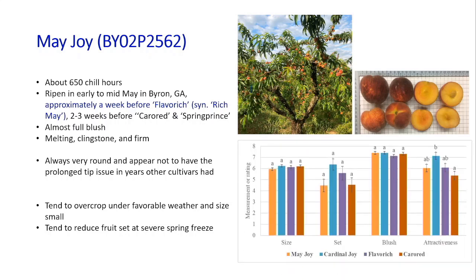Okay, let's compare all the 4 early cultivars: the May Joy, Color Joy, Flavor Rich, and Car Red. As I said, the size is quite similar to each other because they're all early. Car Red, of course, I already said Cardinal, because they have higher chill, so they generally set more crop compared to the other 3. And the others almost look different, but they really look similar. So if you look at the appearance,